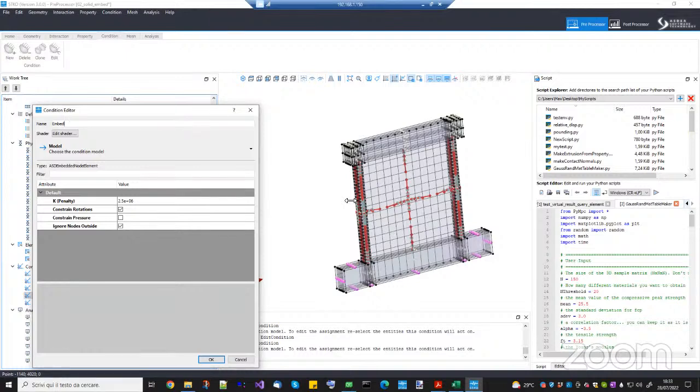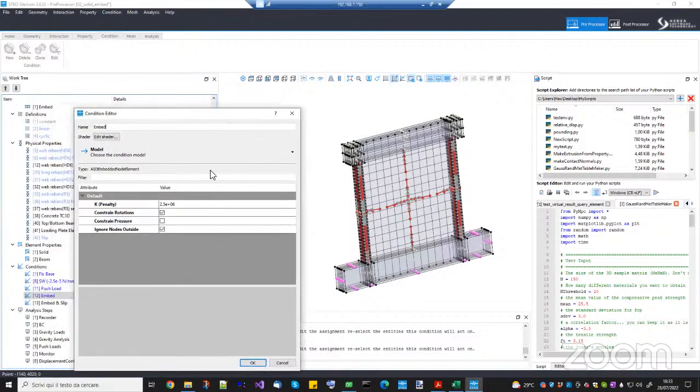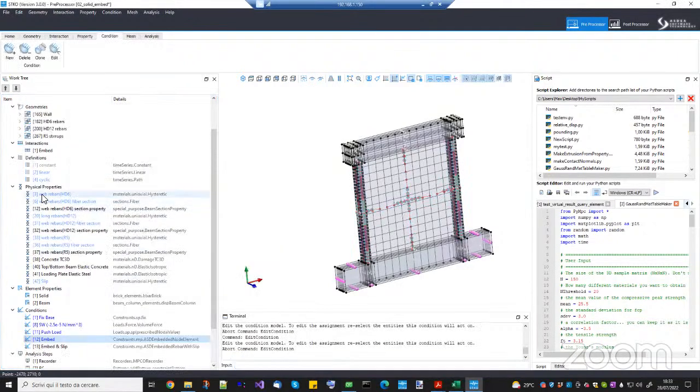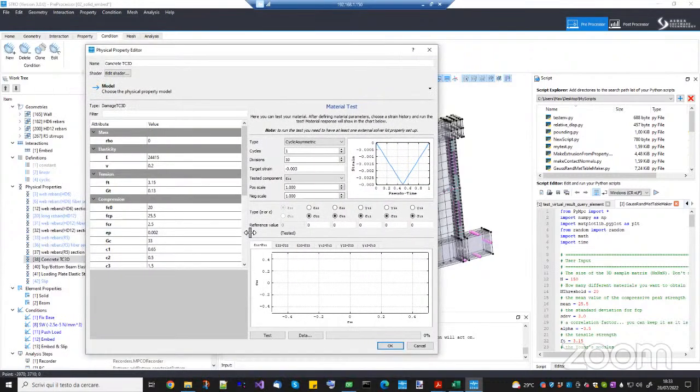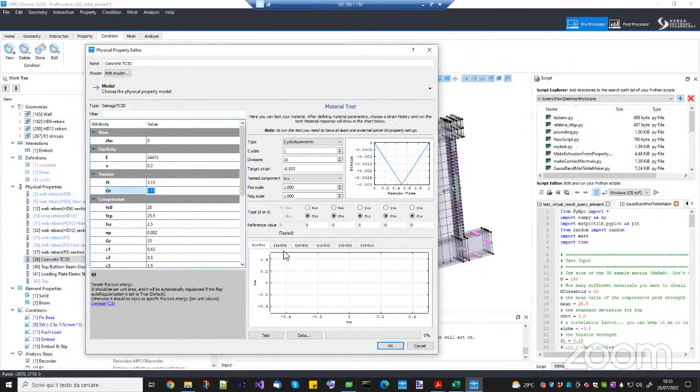Massimo, can I ask you a question? Well, I will show you also how this material behaves. Okay, so if I close this one and I go to the concrete, if you want to understand how the concrete works, you can just play with it a little bit. So I will show you now how it will look like inside OpenSees. So OpenSees basically will take this